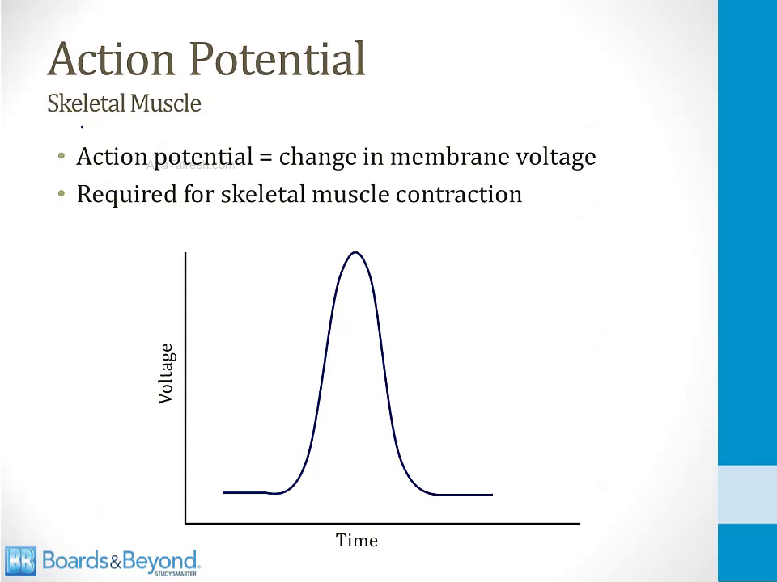Now let's talk about the action potential of skeletal muscle. An action potential means a change in membrane voltage. I'll talk about what that is in a second. And this is required for skeletal muscle to contract. So let's imagine that we have a muscle cell and we have relatively more positively charged ions inside the cell and relatively more negatively charged ions outside of the cell. We would say that the voltage across the membrane of this cell is therefore positive because there's more positive charge